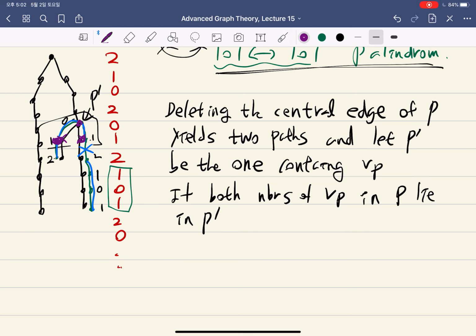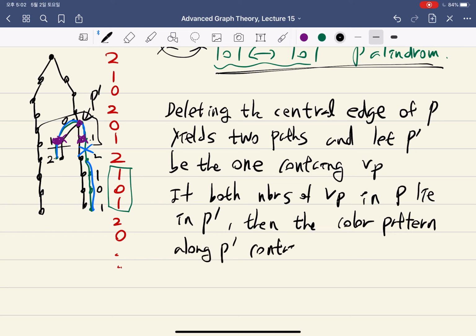If this neighbor and this neighbor are in P prime, so this is the case, then the color pattern along P prime contains a palindrome,